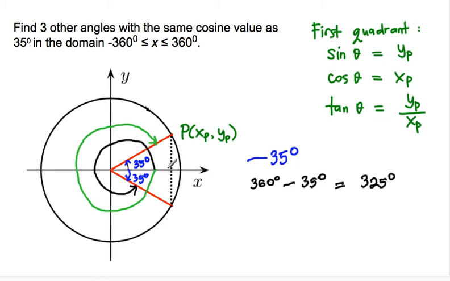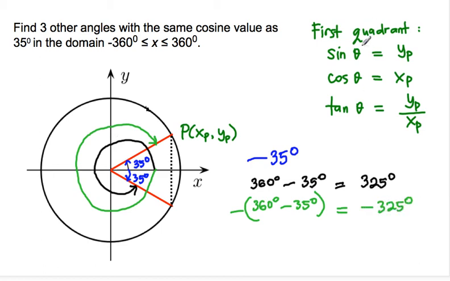So then in this case, I will have the same size as before, 360 degrees minus 35 degrees. However, this time I have gone clockwise, which means I will have a negative angle. So then the answer will be negative